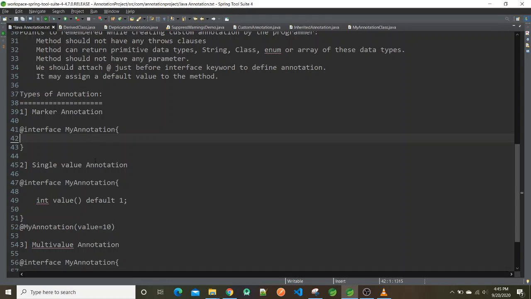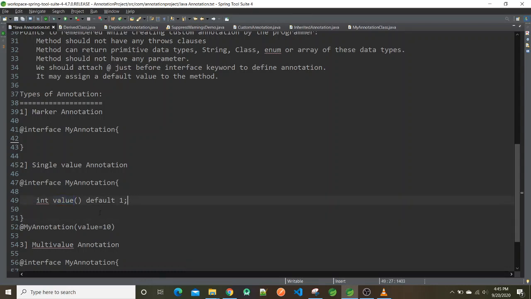The second one is the single value annotation. A single value annotation can be declared as @interface MyAnnotation with a single method. The method name can be anything, and you can even give a default value to this method.